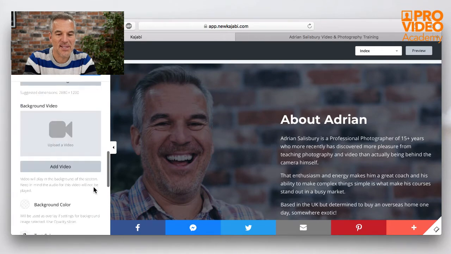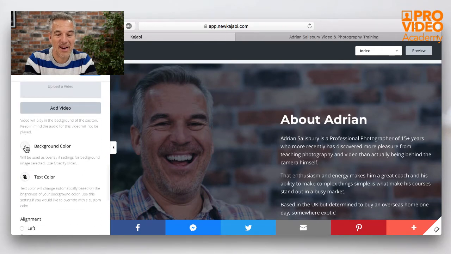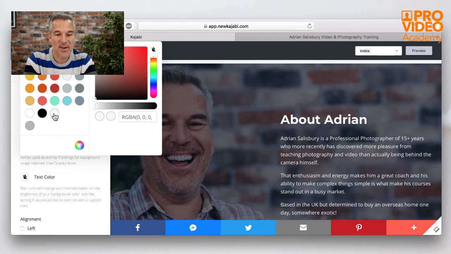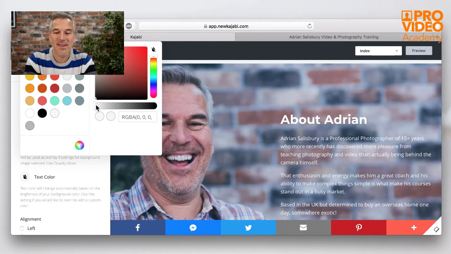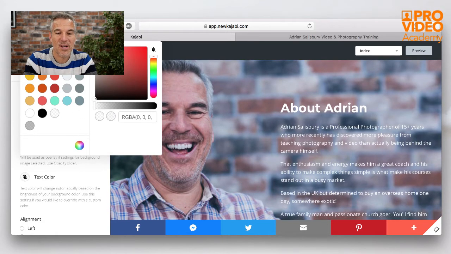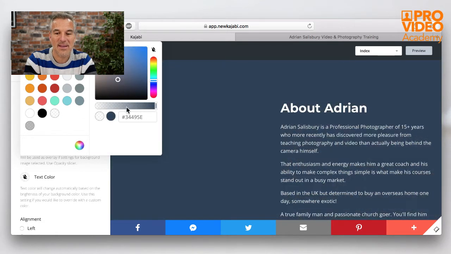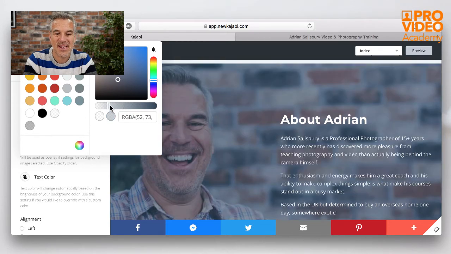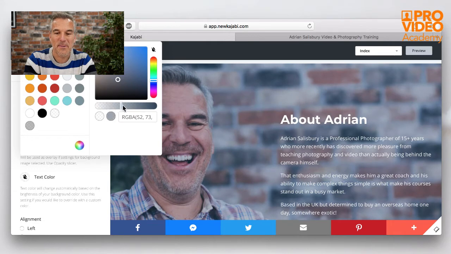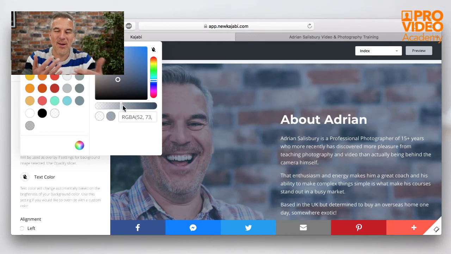What I'm trying to show you is I can actually put a background color over the front of the photo. So that's the color as it was originally. I can then choose a color over here, so it keeps in with the style of my site, and then I can bring the transparency down, and as you can see, it's just sort of coming through there. So that can be quite a nice way of making that washed out image behind it look like it's just blurred into the background.